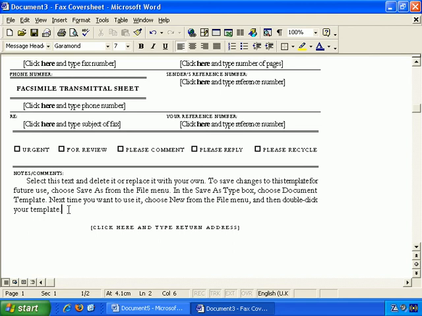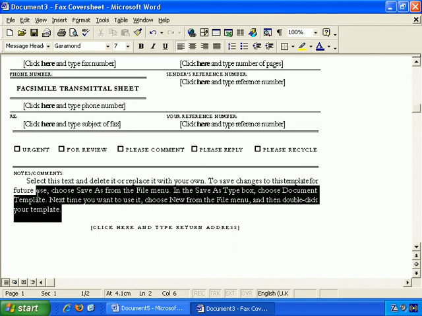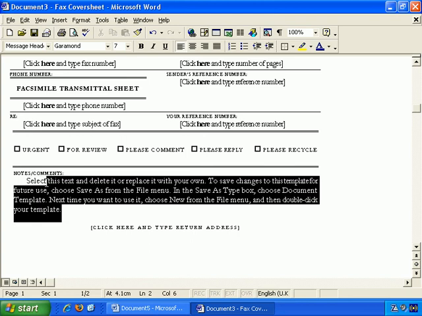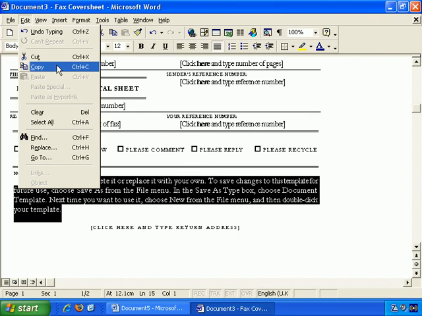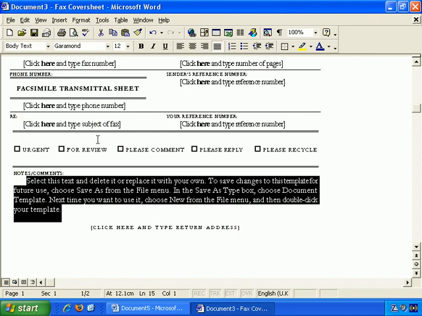So at the simplest level, if you select some text and click, hold, and drag to select, and let's say I wanted to select this entire paragraph, you simply go Edit, Copy, and what that does is that it copies what you've selected into what is known as the Windows clipboard, which is effectively the Windows storage area that you can't see. In a way, you could say that Windows remembers what you've copied, and then when you're ready to insert it, you can paste it. So I've copied it into the Windows clipboard,